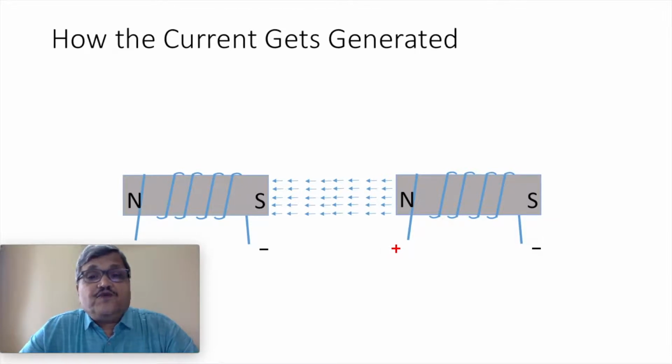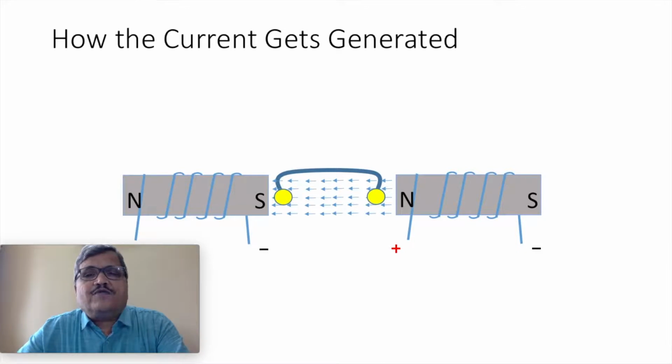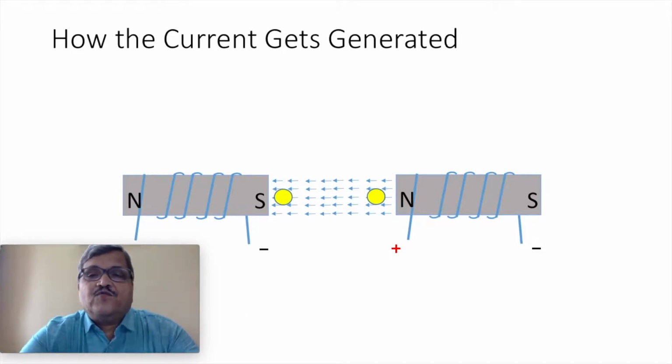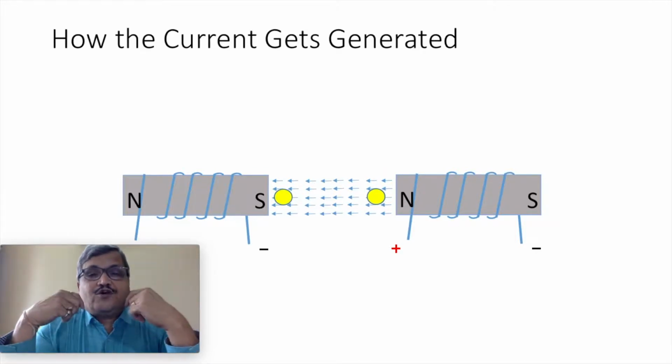Now suppose we place the conductor in between. It is one single conductor. We are seeing the ends of one single conductor. It is a loop of a wire, and we are seeing the cut section of the wire. So these two round things you are looking at are the two ends of the same conductor. This is one conductor only. And now if we rotate it, what we can do, we can place the magnets. Either we can place South Pole here or North Pole here. So that is our choice.